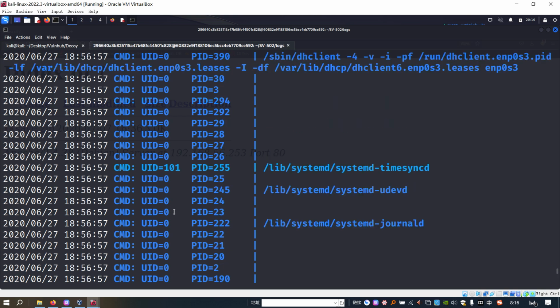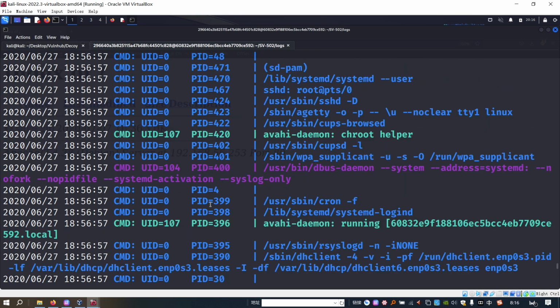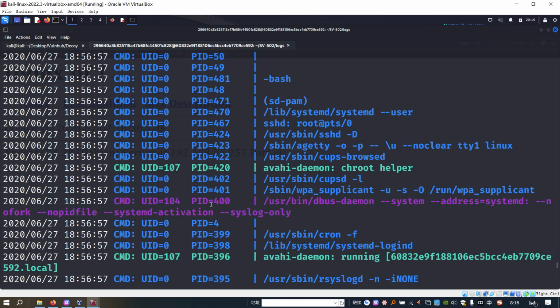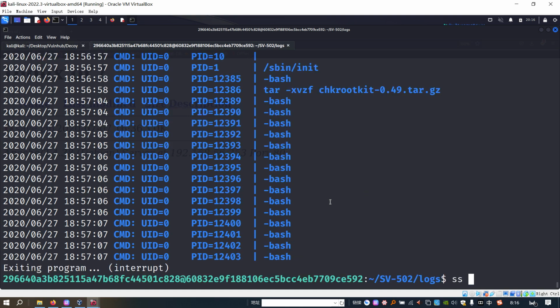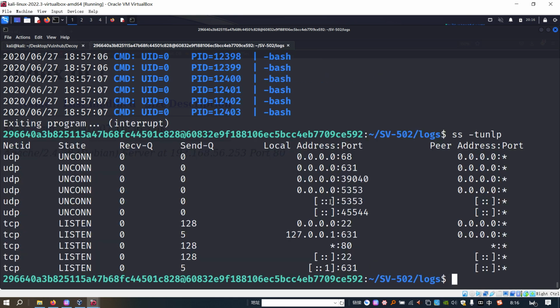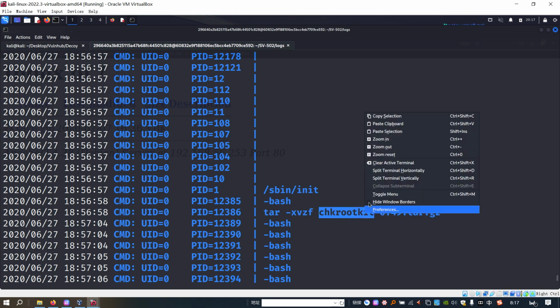It looks like this is the output of the PSPY utility, and as you can see over here, I think we can get some information from this output. The PHP. So we can cut out the command, but no 8080. Interesting. However, I think we can get this one, the tar. So next, I think I'd like to look for this